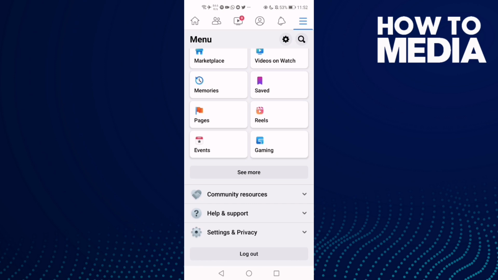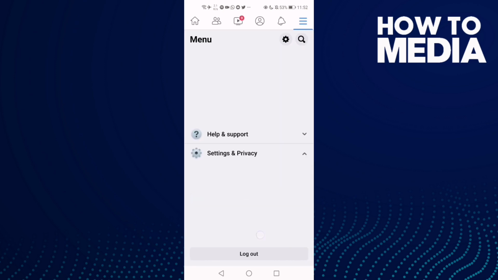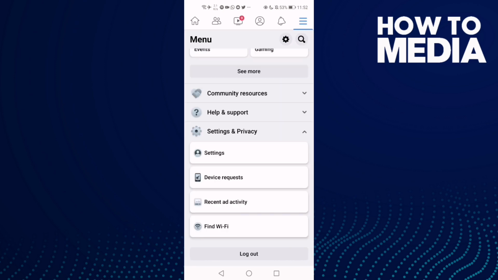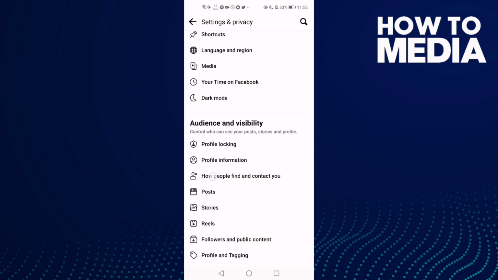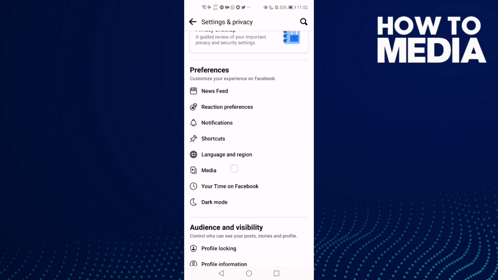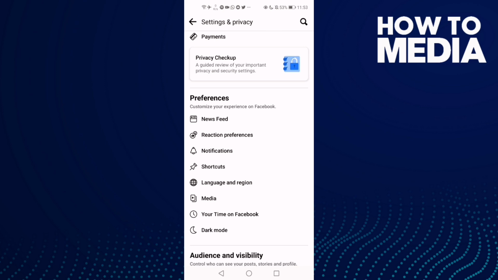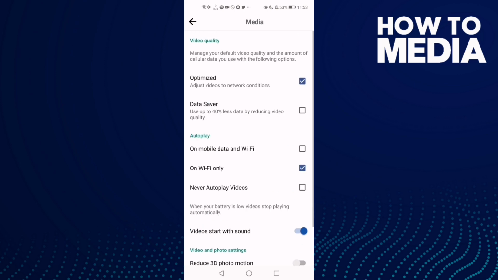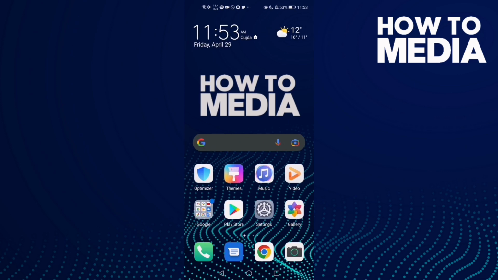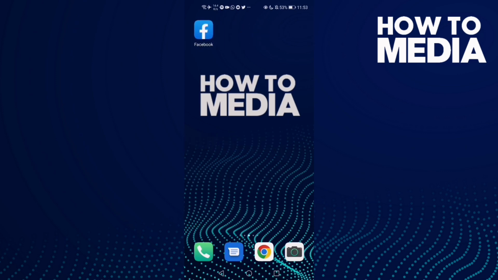down until you find here settings and privacy. Click on it, and now click this one, settings, and then go down until you find this one, media, and click on it. And here you will find videos start with the sound. Just click on it or turn it on, and that's how to find videos start with the sound on Facebook